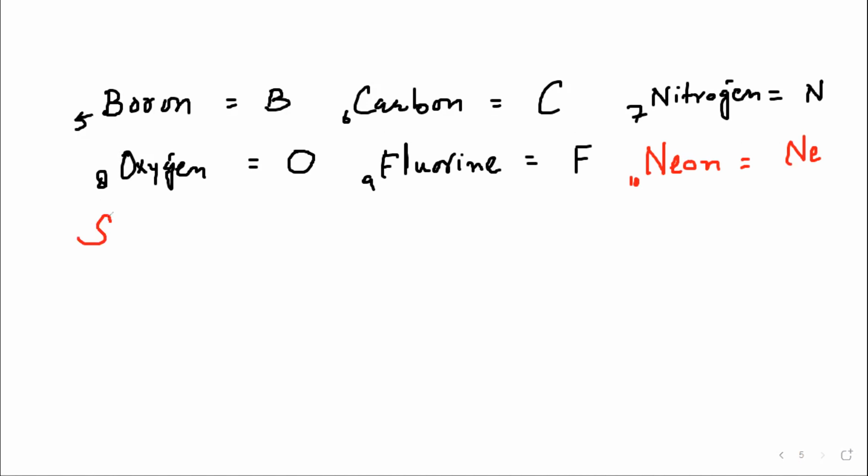Yes. Similarly, then we are having sodium. Up to calcium, we will see. So sodium, its atomic number is? It is 11. First tell me, atomic number is 11, right? Yes, sir. So I'll write it here, 11. So its symbol is Na. Now here is a very important point. Can you tell me whether its symbol should be S or SO? Why is it Na? Because of the Latin name.